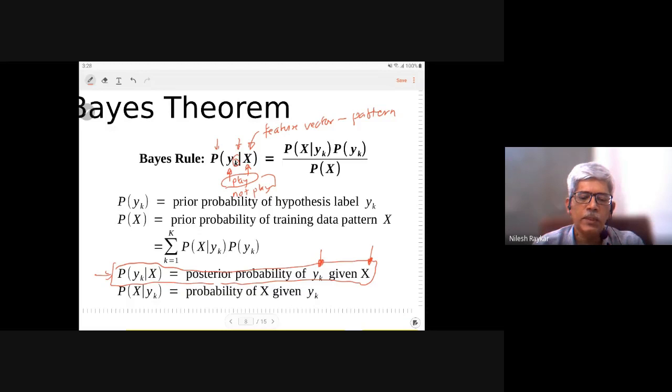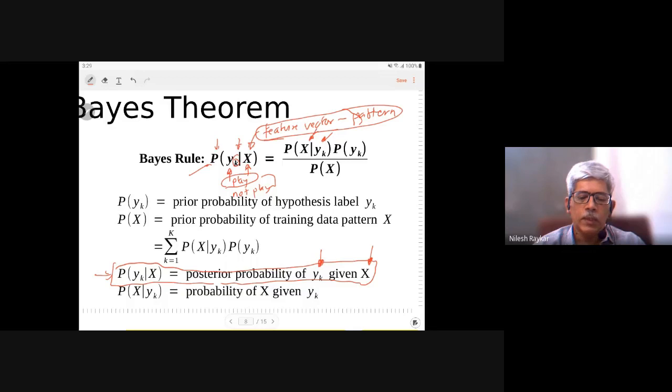Now this particular thing is given in terms of three probabilities. So in order to predict this probability, you have to calculate three probabilities. The first probability is the probability of having this particular pattern for which we are looking, given the condition which we want to predict. So if somebody wants to play tennis, what is the probability that the day will be sunny, humidity will be high and wind will be low? This is what we are trying to predict.